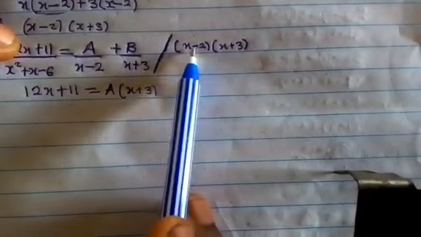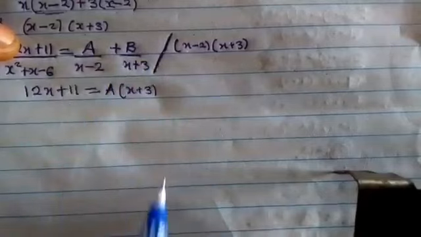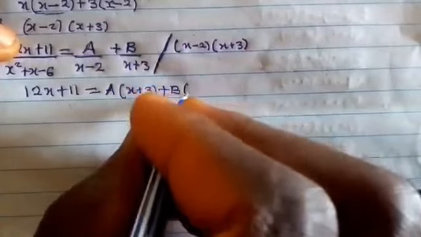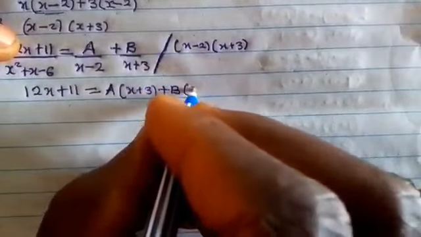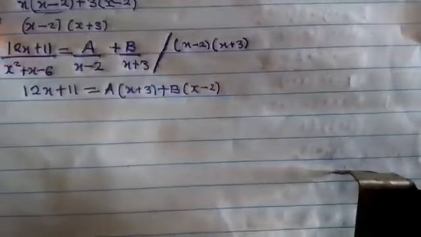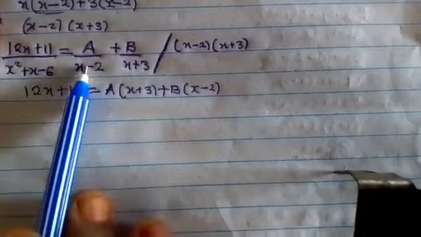Then here we are going to remain with x minus 2 multiplied with b. So it's plus b, then open bracket, x minus 2, then close. Now, at this stage, we need to solve these